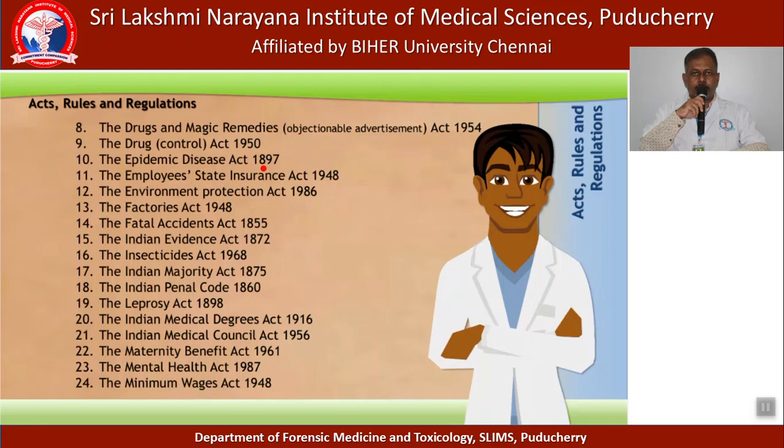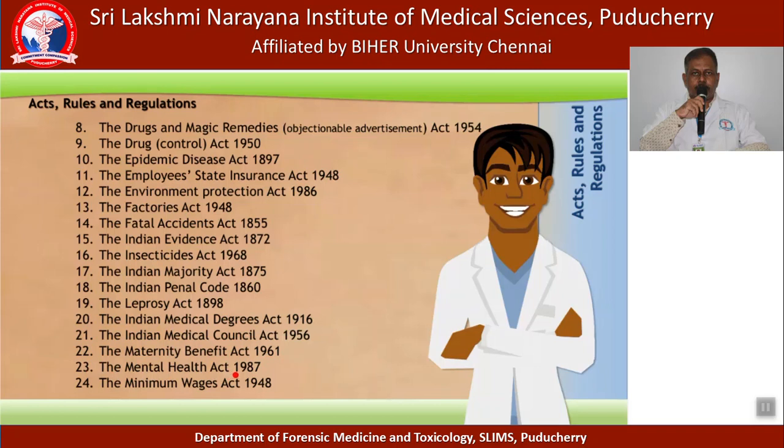These are the acts that have been given. You have the night right now, free time; at least update yourself in your free time. Attempt, try, read the content and discuss. The Employees' State Insurance Act 1948. The Environment Protection Act 1986, the Factories Act, the Fatal Accidents Act 1855, the Indian Evidence Act, the Insecticides Act 1968, the Indian Majority Act 1875, the Indian Penal Code, that is IPC, 1860, the Leprosy Act 1898, the Indian Medical Degree Act 1916, the Indian Medical Council Act 1956, the Maternity Benefit Act